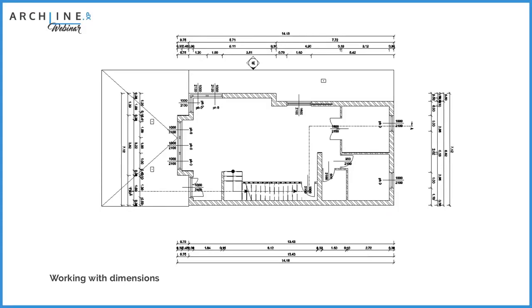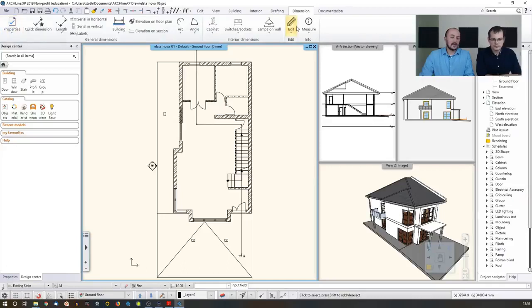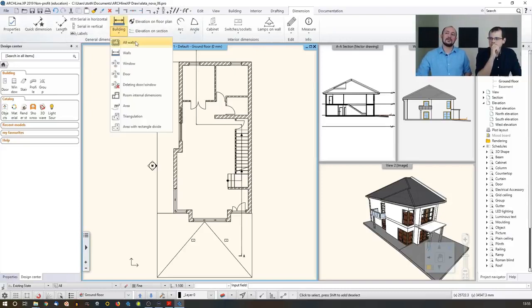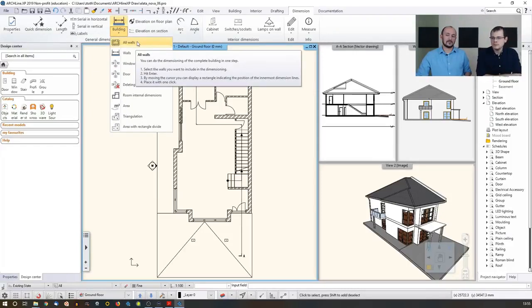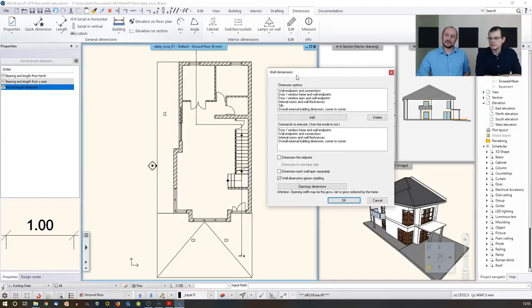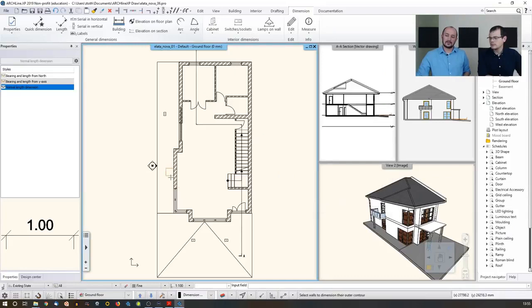All the dimension tools are collected in a specific ribbon collection. These are all the dimension possibilities from building parts, arcs and angles and everything else. Now what I will start with is a building dimension collection, and there's an automated option which is the overall dimension collection. If you click here, the software comes with the setting, how it will look like, and it comes with all the options that you can use at the top, and you can add these options to this list at the bottom. And when you click OK, you can actually create those